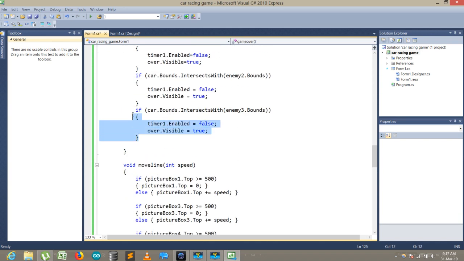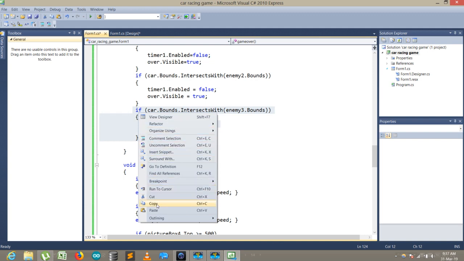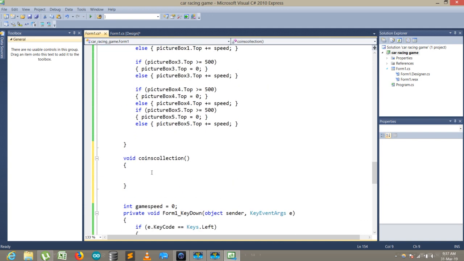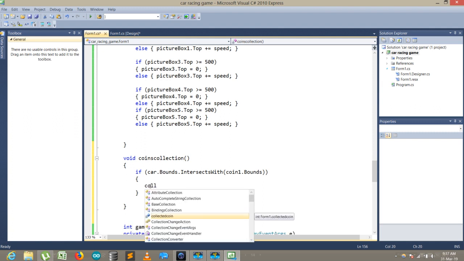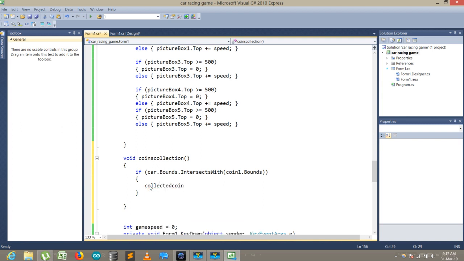I'll just copy that card because card will intersect with the coin 1, and here I write collected coin plus plus,